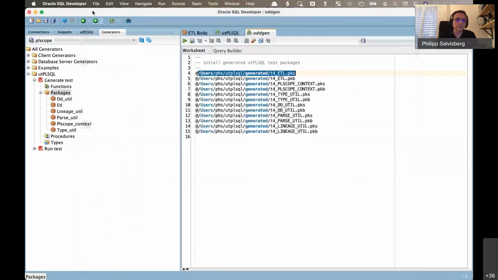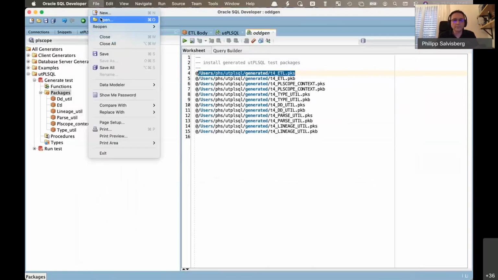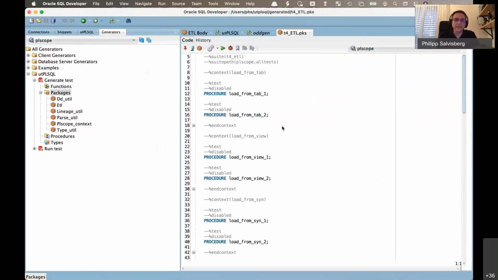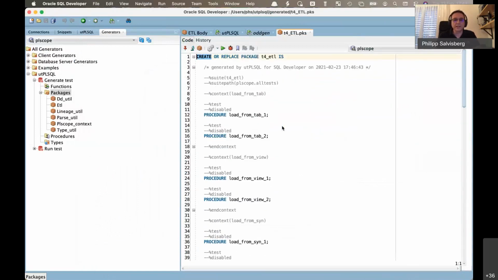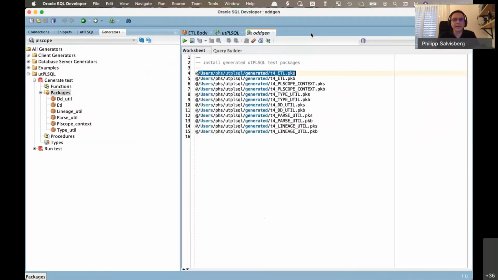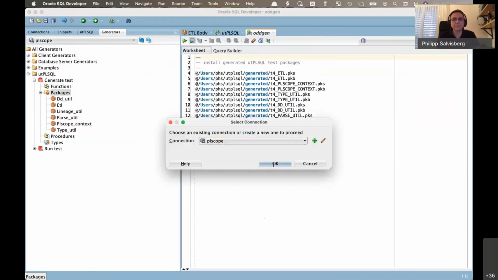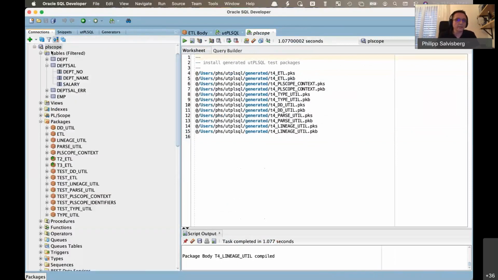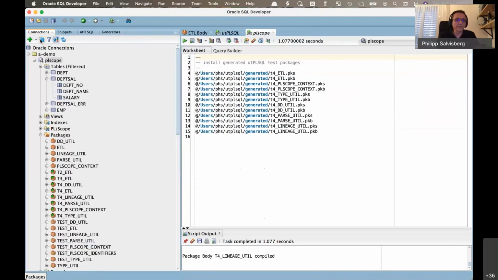Was the wrong one. File open. And I see that there's the file with the package specification. And there is also a file for the package body and so on. So there's something you can check in your version control, and it's better suited than everything in a single worksheet. So install that just to demonstrate what we have generated here. Go back to my navigator tree